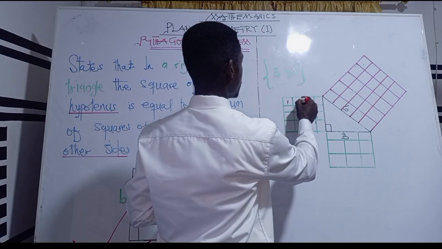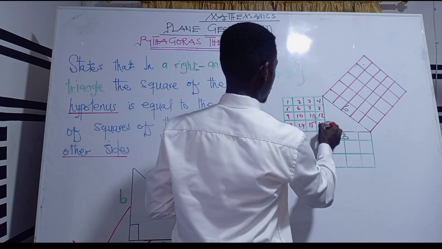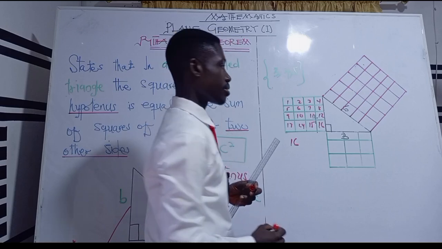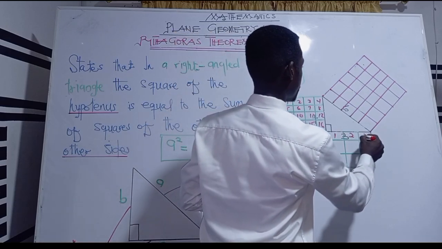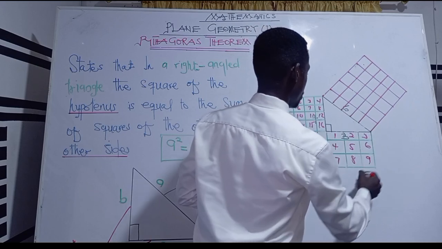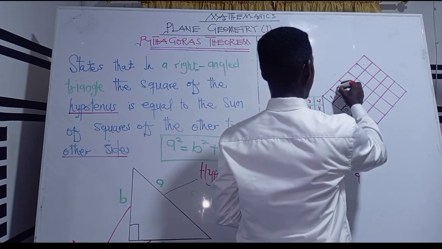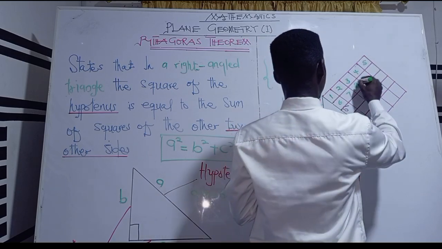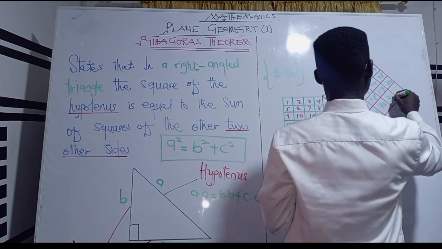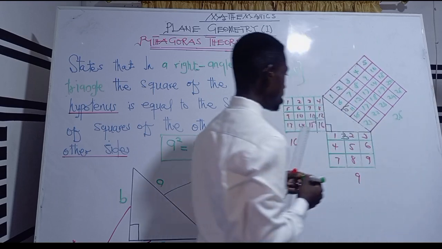So we have 16 squares. So we have 9 squares here. Let's count the bigger ones. So we have here to be 25. Now,